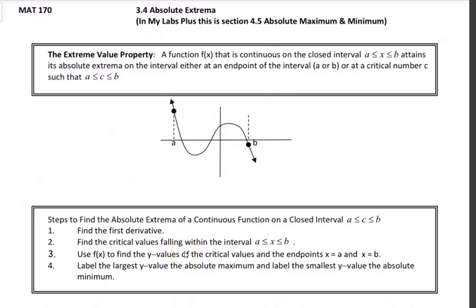So in this section, we're going to talk about how to find absolute extrema. We have had relative extrema before, where we found relative maxes and relative mins. Now we're going to work on finding absolute maximums and absolute minimums. And the first type of function we're going to look at is a continuous function where we're going to chop